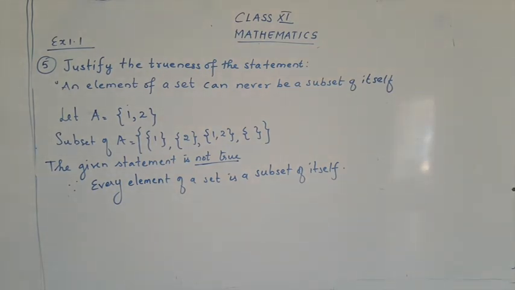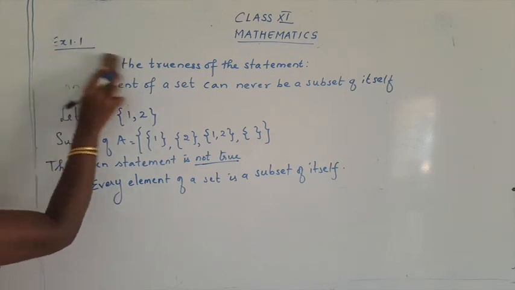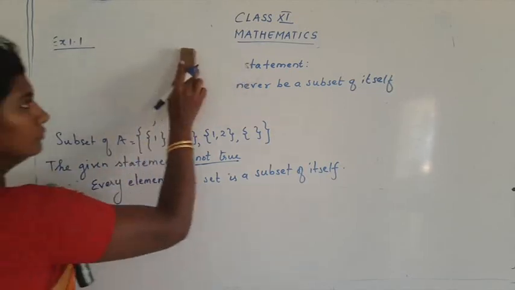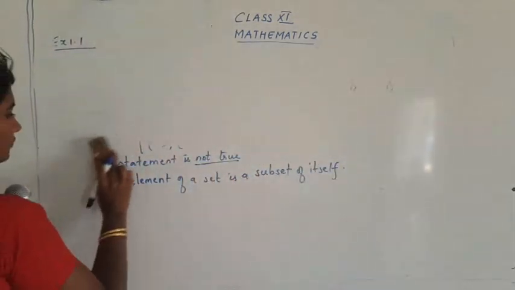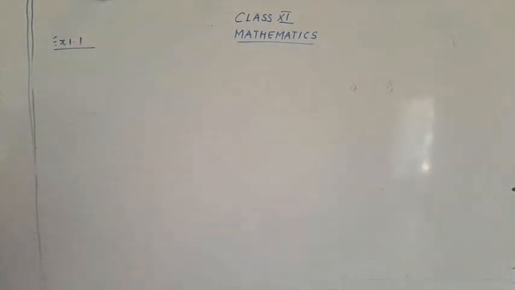Now let's go for the sixth question. Copy down the sixth question. Take down the sixth question. Complete the sums along with me. You have to do the sums along with me so that you will not miss any steps. Go along with me.